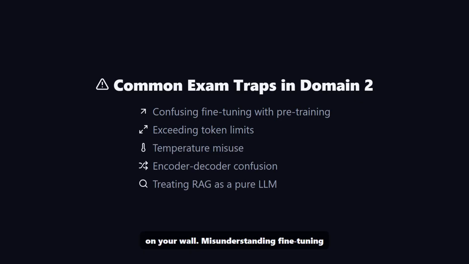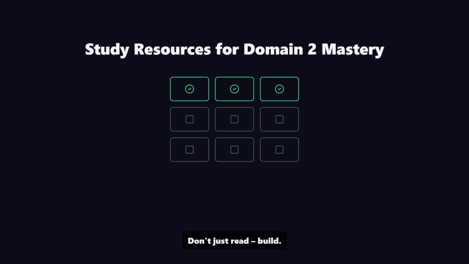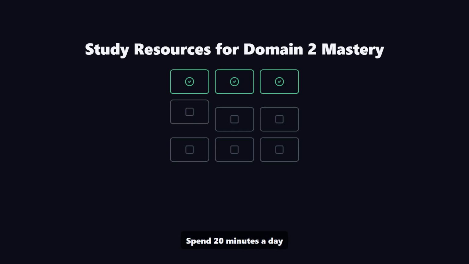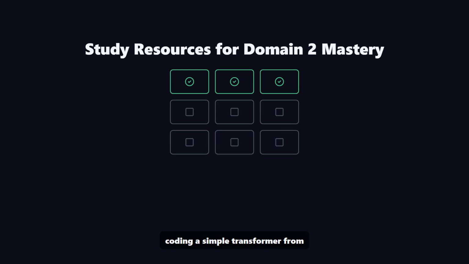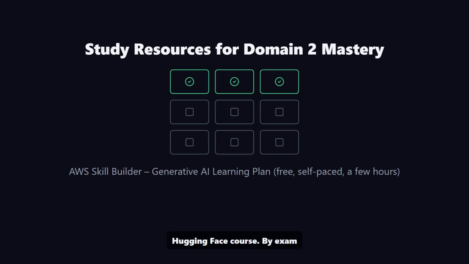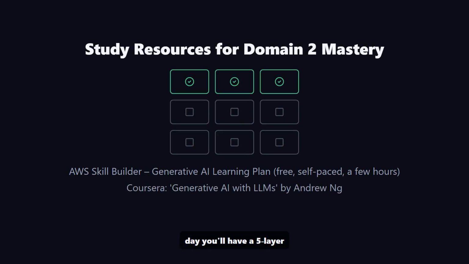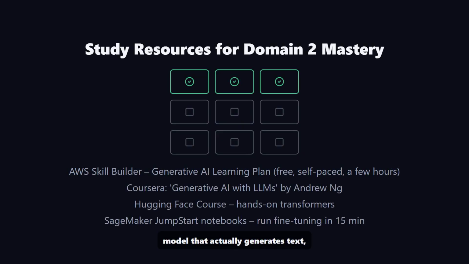Misunderstanding fine-tuning versus pre-training is one of the most common and costly mistakes on the exam. Watch for confusing fine-tuning with pre-training, exceeding token limits, temperature misuse, encoder-decoder confusion, and treating RAG as a pure LLM. Don't just read, build. Spend 20 minutes a day coding a simple transformer from scratch using PyTorch and the Hugging Face course. By exam day, you'll have a 5-layer model that actually generates text, and the multi-head attention will finally